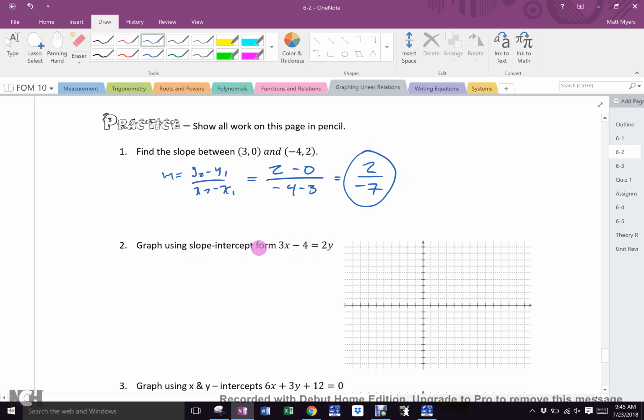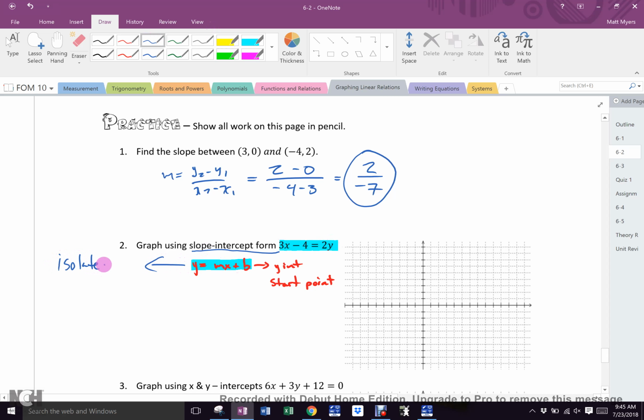Graph this using slope-intercept form. Slope-intercept form, if you look back in your notes, is y equals mx plus b. B is the y-intercept, and it's our starting point. Now, does that look like that? Almost. What's the only difference? That is 2y, and this is an isolated y. So,